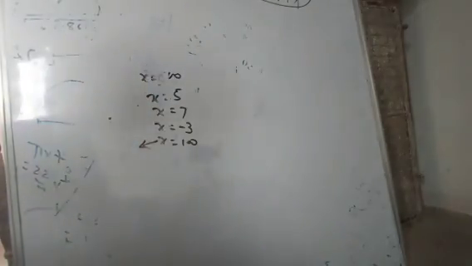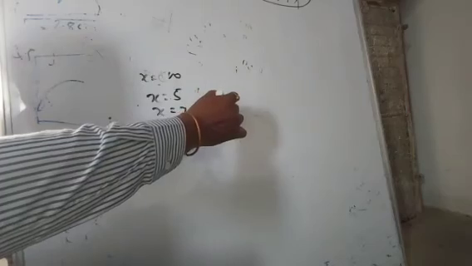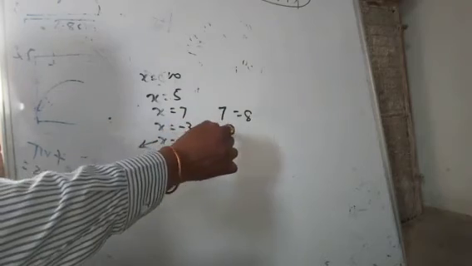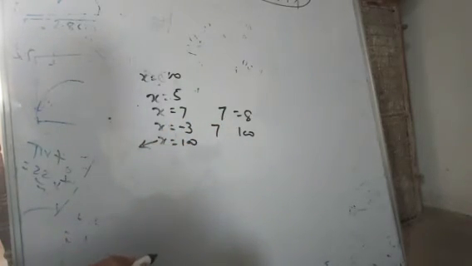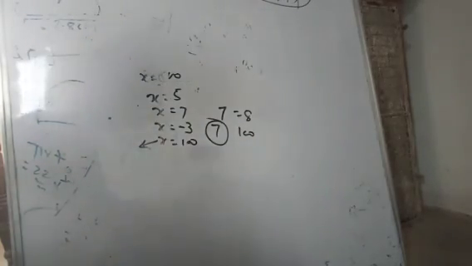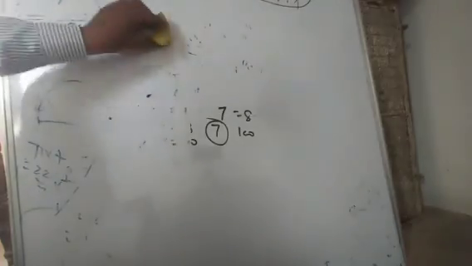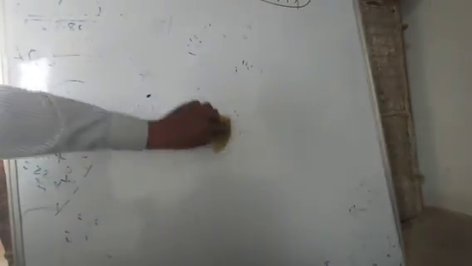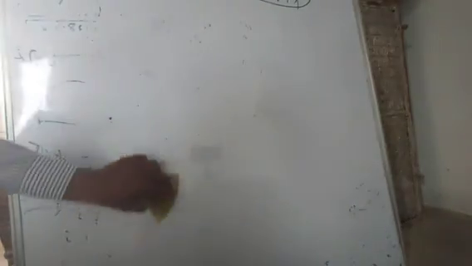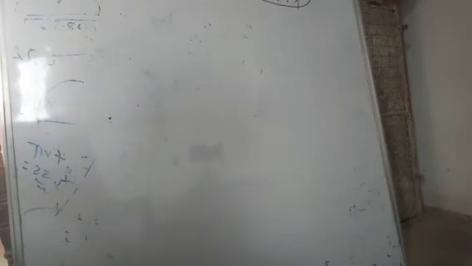Now its opposite. Here you can see 7. Can you call 7 as 8? No. Can you call 7 as 100? No. You have to call 7 as 7 only. So it is a constant. It is not changing. So these numbers are called constants. So three things we have learned: one is equation, second is variable, and third is constant. The numbers are called constants.